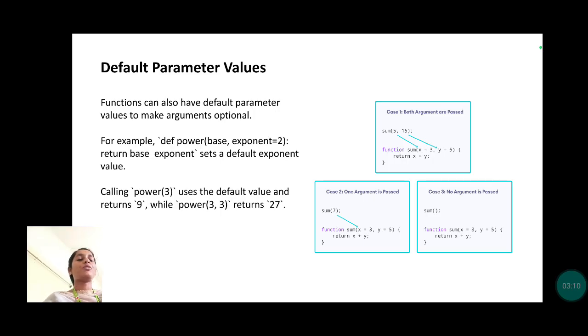Case 3. No argument is passed. sum(); function sum(x = 3, y = 5) { return x + y; }